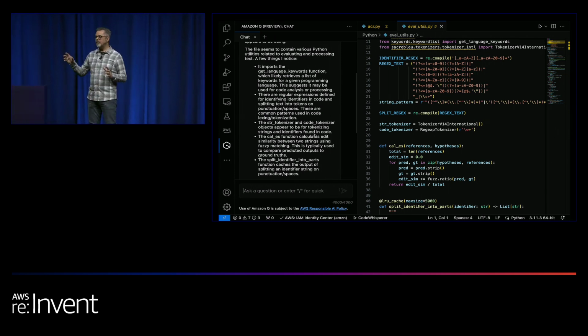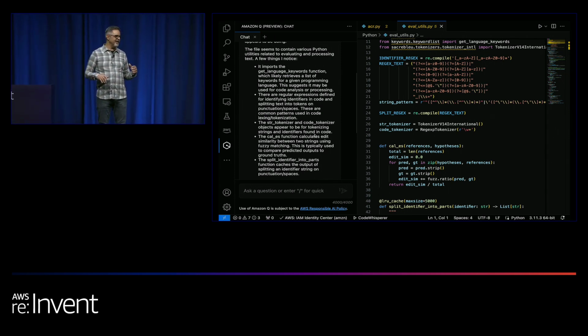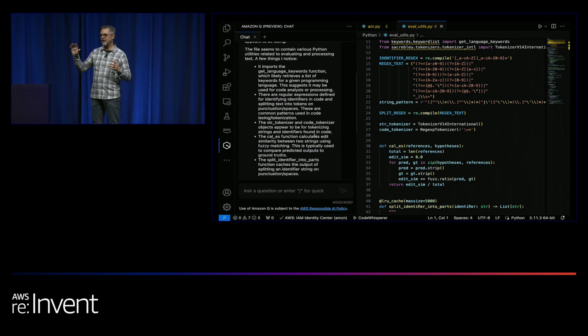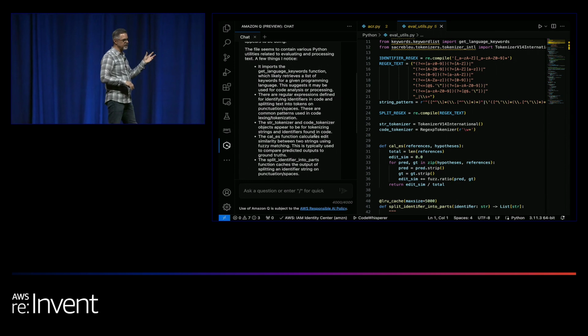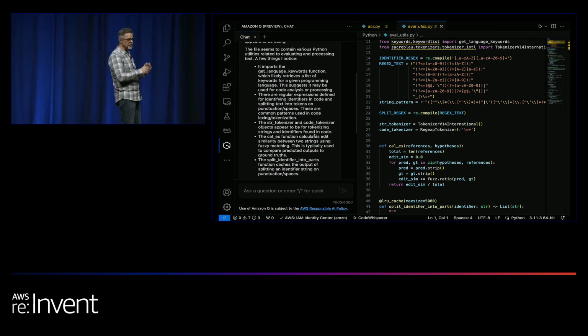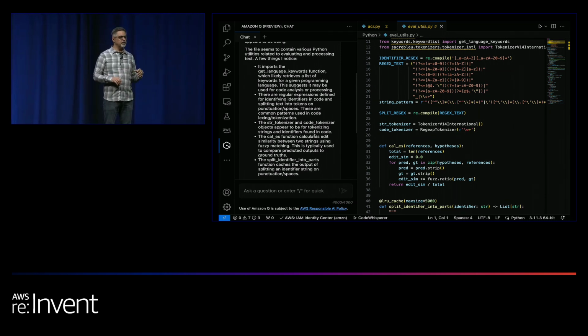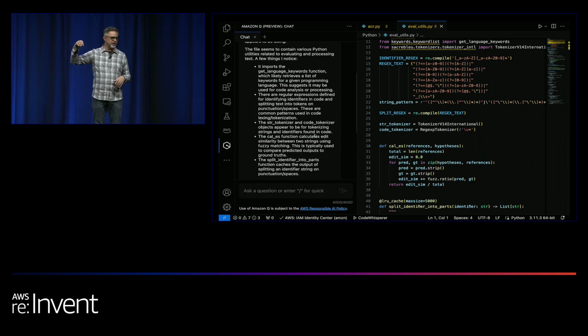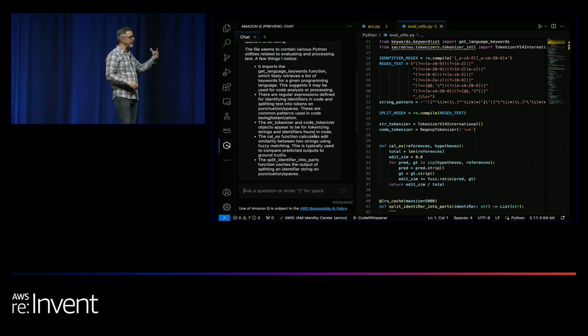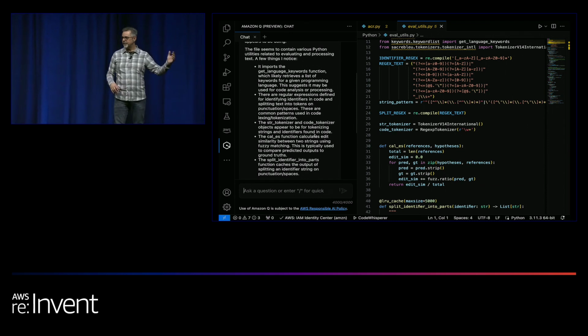One of the things I'm going to ask of you: some of you raised your hands and said you've used CodeWhisperer. I want you to go download the CodeWhisperer extension into your IDE. It's part of the AWS toolkit, so you search for the AWS toolkit, download it, and get it in your IDE. You can log in to CodeWhisperer two ways. You can use the AWS Builder ID, which is just, go sign up for a free Builder ID. It's just your email address, and you create a password, and now you have a Builder ID. Then you can use CodeWhisperer, and you can use Q. It's available to you for free. You don't have to pay anything.